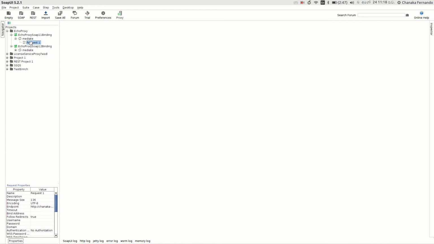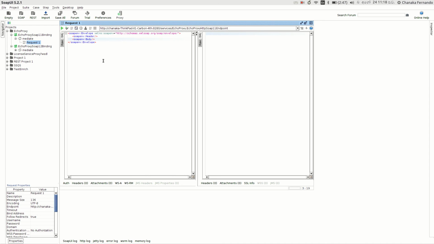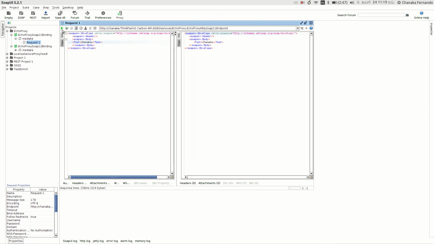Then now I can send a sample message to this particular service. The expected result would be that I get the same message back from the ESB server. Okay, so now I got the same message from the server.